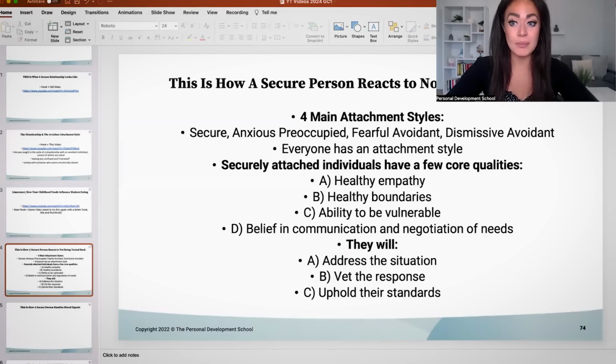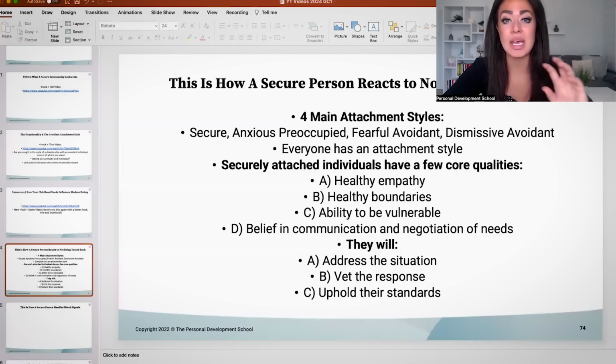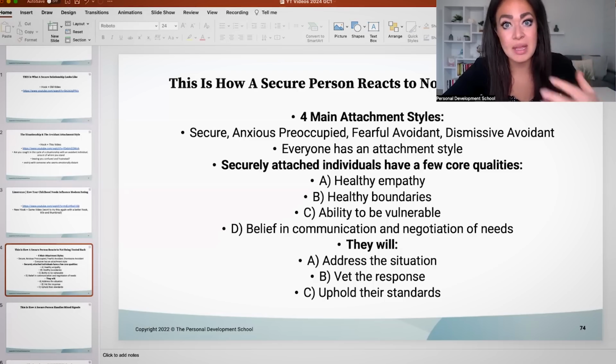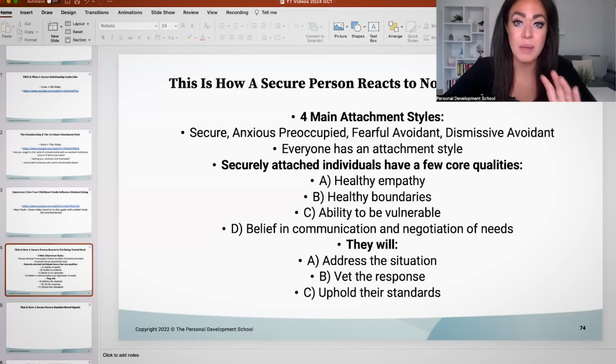So number one, there's a secure attachment style. Secure kids growing up get healthy behaviors and modeling for love. They have a lot of what we call approach-oriented behaviors in their childhood, meaning that they have this relationship to their caregiver where when they cry or they're distressed, their caregiver is very attuned to them. Their caregiver or parents tap in, they really make sure that they're there to check in with the child's needs, try to make them feel better. And so a child, although that seems like a small thing, it has such a massive impact because